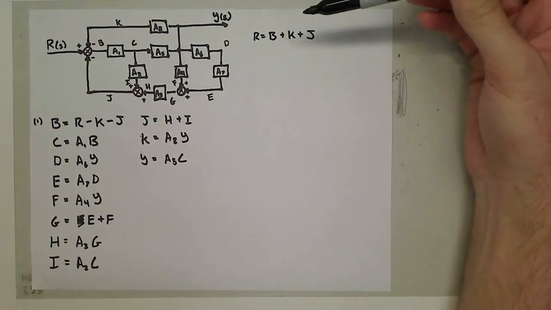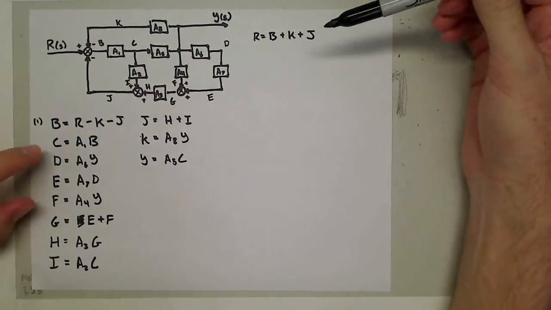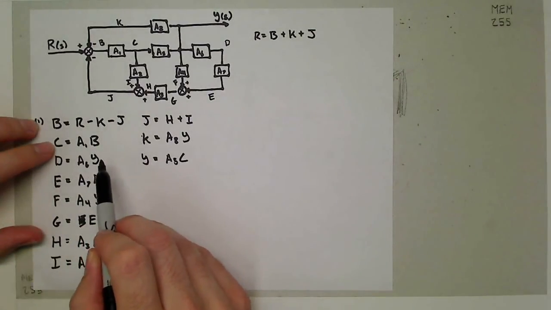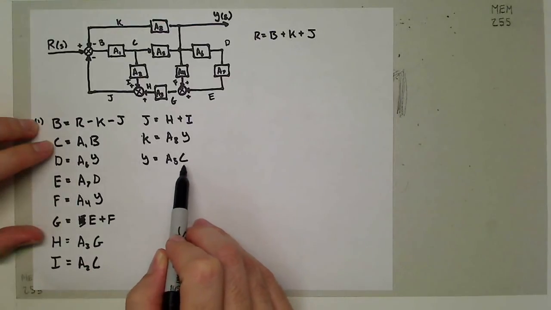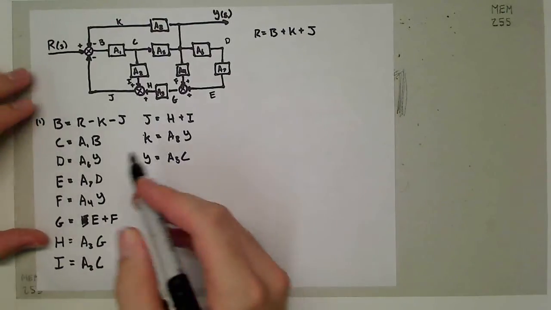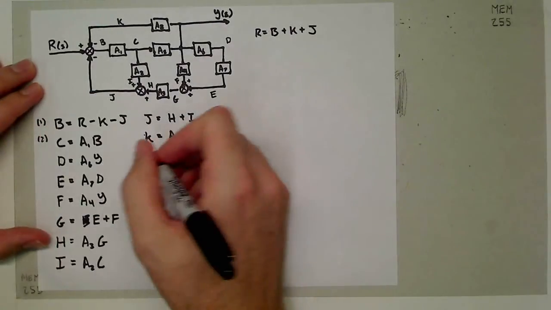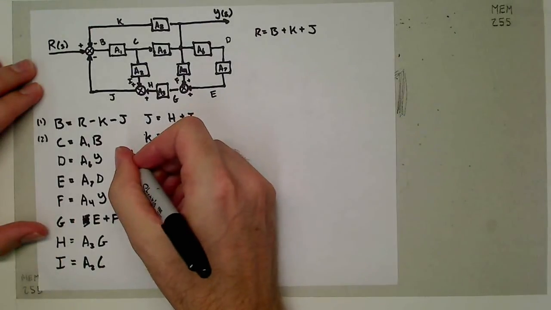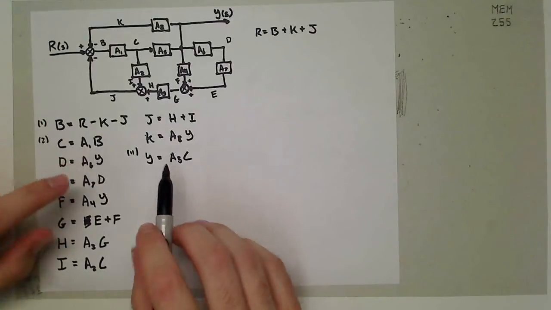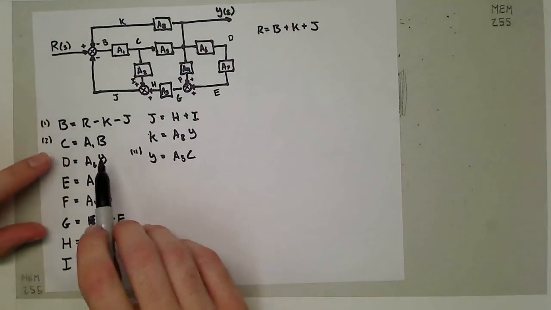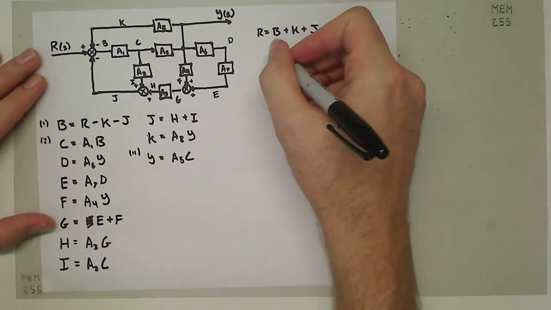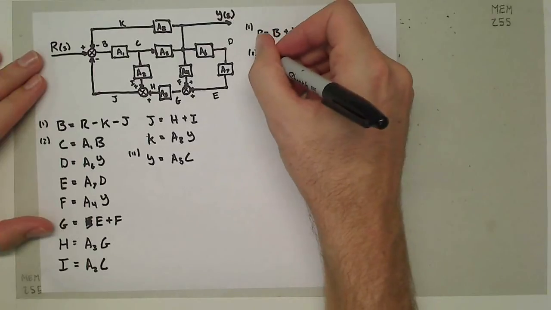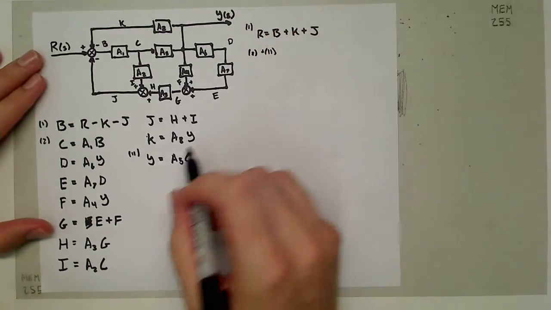Now from this step, I can start doing other simplifications. I know that C is equal to A1 times B, and Y is equal to A5 times C. So if I take equation 2 and equation 11 and put those two together, I get a relationship for Y in terms of B. If I collapse 2 and 11 together, I get